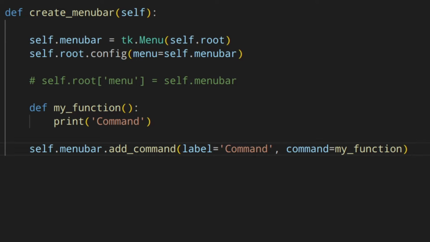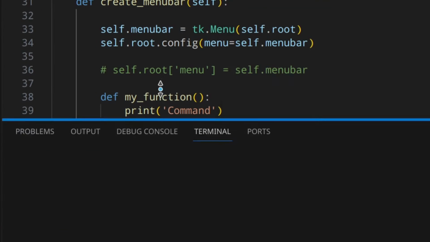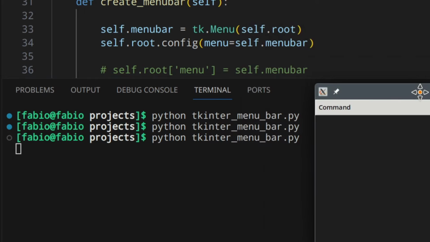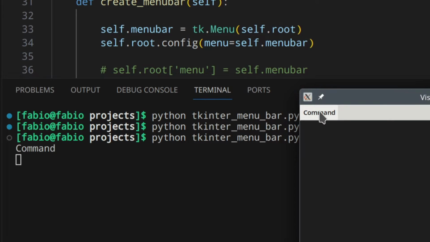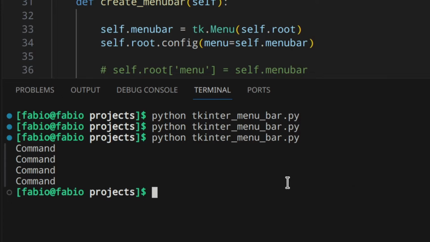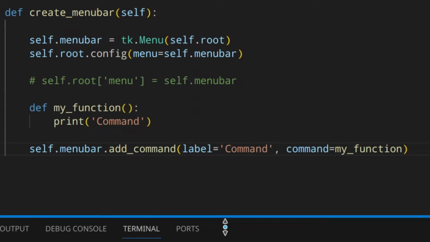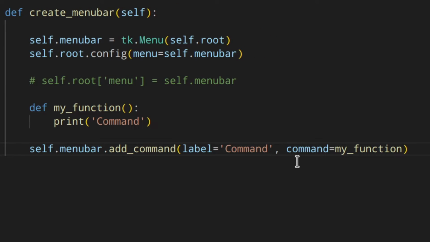So now if we run the application and click command, as you can see, you get this. All right, perfect. Let's clear that. This is basically how you specify commands to the command elements in the menu.